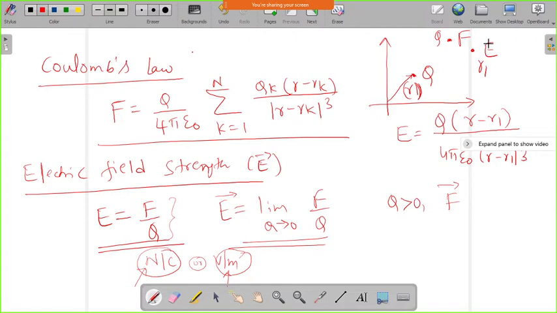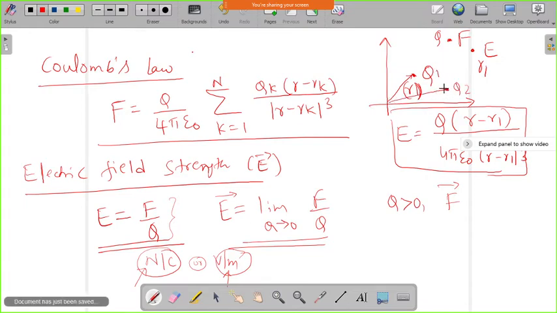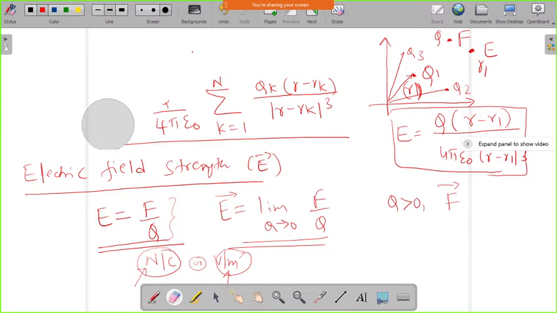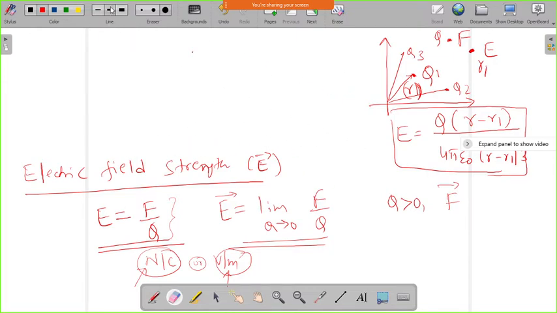So if I want to find out the electric field strength, F by q, if you do that, you will get the electric field strength. Now if I place some n number of charges like this, if this is q1 and this is q2 and similarly this is q3, like that. Now if I want to find out the electric field strength at this point due to all of these charges, that is q1, q2, q3, then we can use the superposition theorem and write the electric field strength at point r.